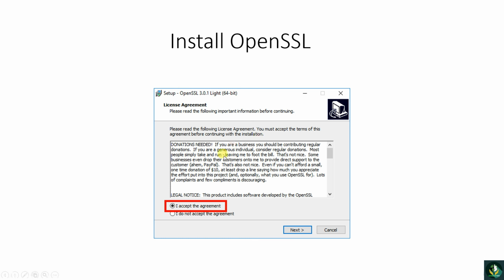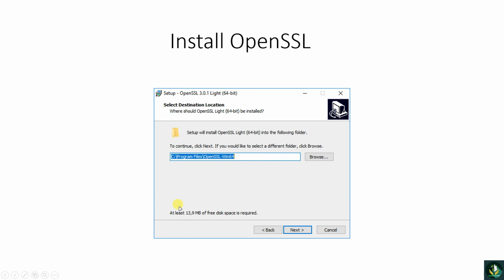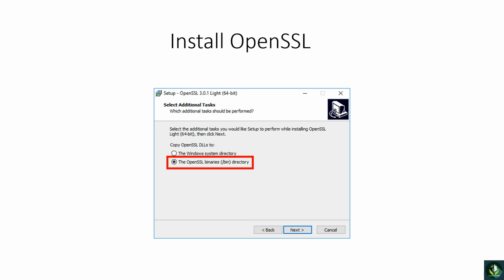As you can see, just tick I accept the agreement, then next, select the default directory. Do not change this directory, make sure you select the default directory, then click next, then name it OpenSSL, click next, and make sure you select this. By default the Windows system directory will be selected in here, but make sure you select OpenSSL binary directory. It is very important